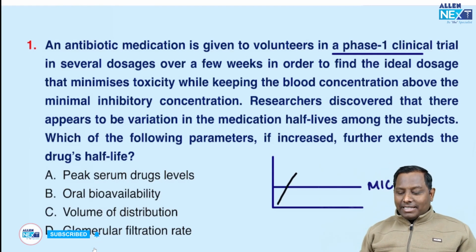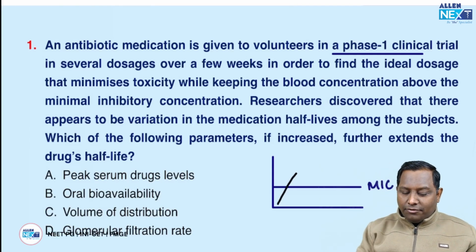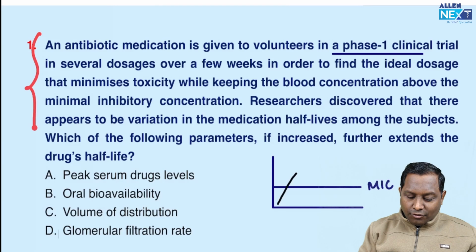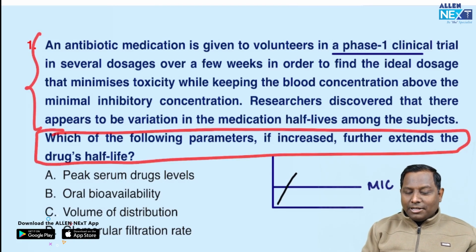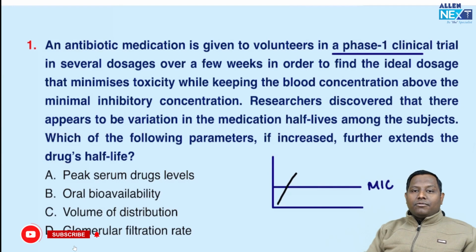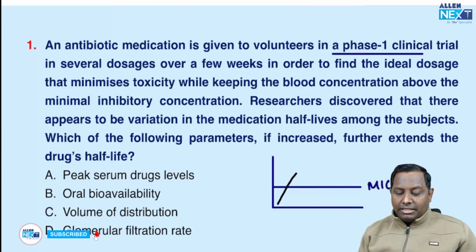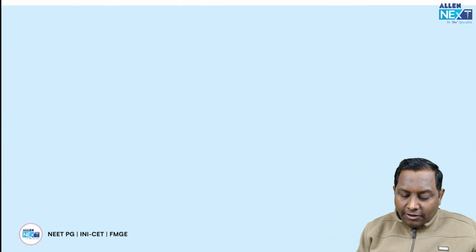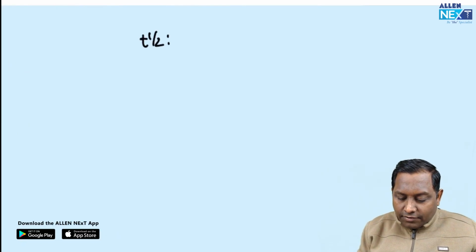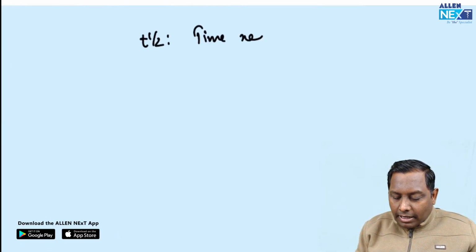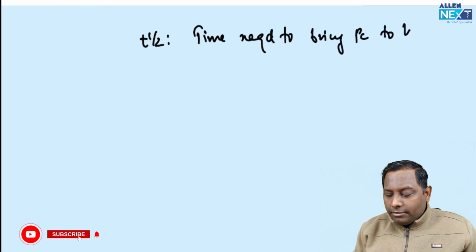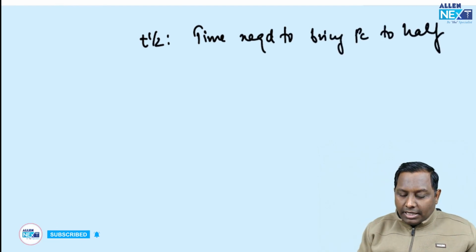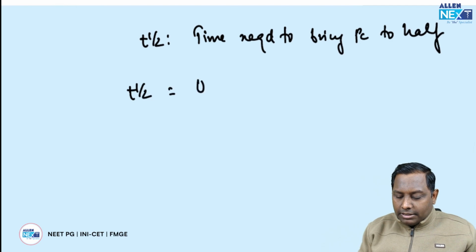This was again a very easy PG question. Even if you do not want to read the above 4 or 5 lines, it doesn't matter, just read this last line and your answer is already there: which of the following parameters, if increased, further increases the half-life. Always remember, what is the definition of half-life? It is the time required to bring the plasma concentration to half of the previous plasma concentration. The formula for T half-life is: